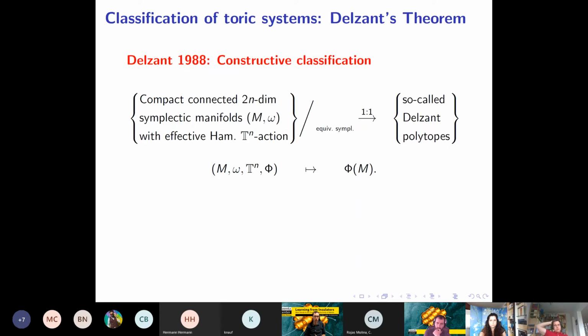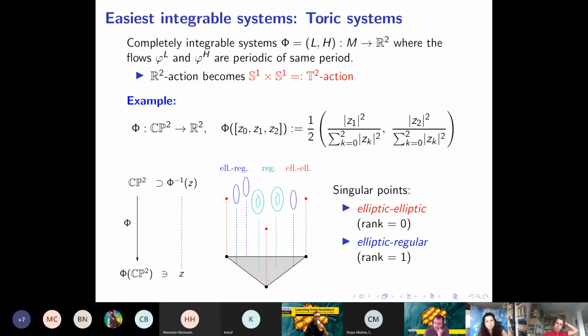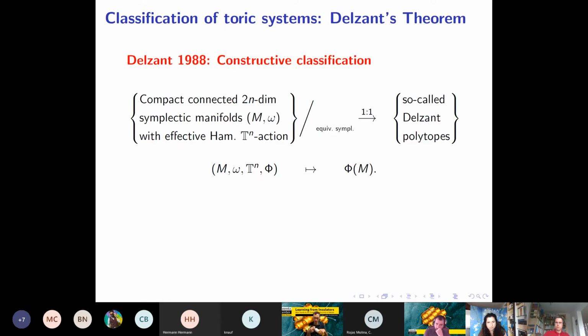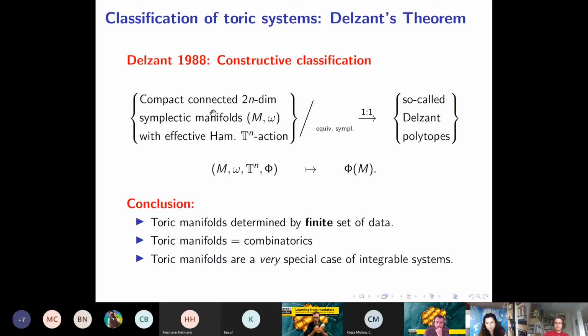And the classification of toric systems was done by Delzant in 1988, and it is really super nice because it just tells you, I mean, it's classifying up to equivariant symplectic morphisms, but given a symplectic manifold with a torus action and a momentum map, you just evaluate the momentum map, and whatever you get here is a polytope. So having the image of CP2 in the previous slide being a triangle is not a fluke. This is always happening when you have